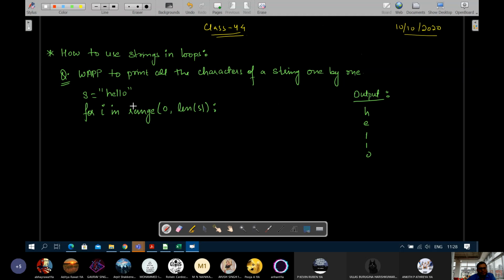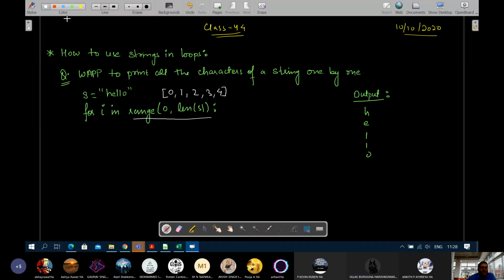Tell me, which numbers will be generated in this case? Sir, 0, 1, 2, 3, 4. 0 to 4 will go. So this len of s will be 5, so it will go from 0 to 5. That means 0 to 4 will be generated in the list: 0, 1, 2, 3 and 4.